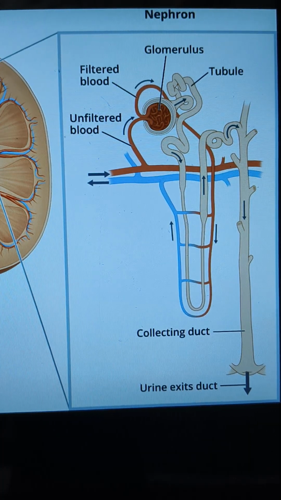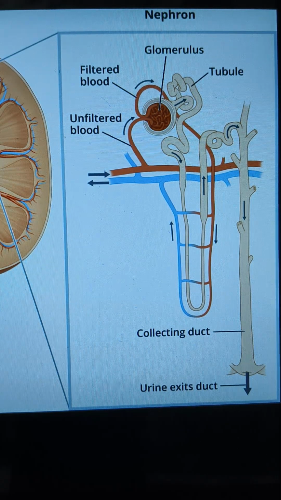This is the function of the kidney, how a kidney works, and how the kidney filters the blood and makes the urine. Now we are going with how efficiently kidneys work, and if a kidney works regularly, then how much blood is filtered by the kidney and how much urine is made from the kidney. One question I will give you, and all answers I will tell you in the video at last.